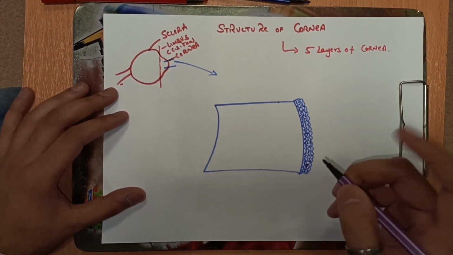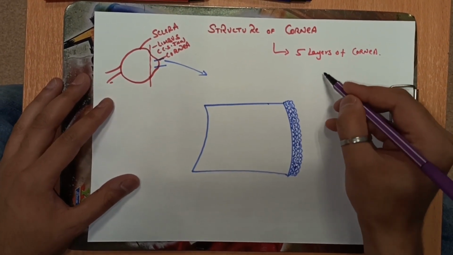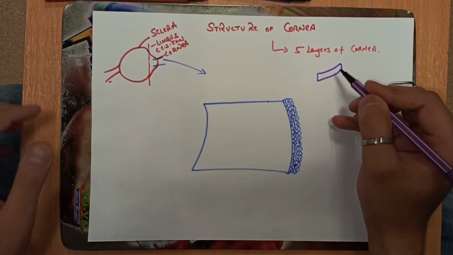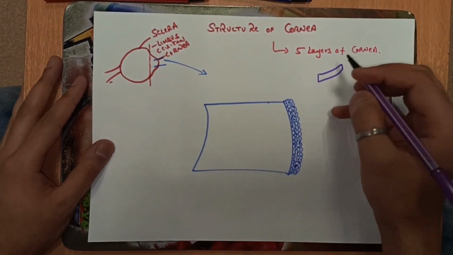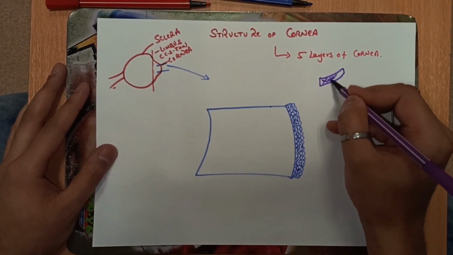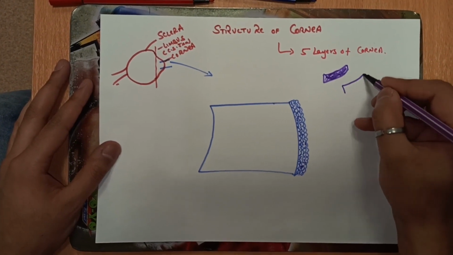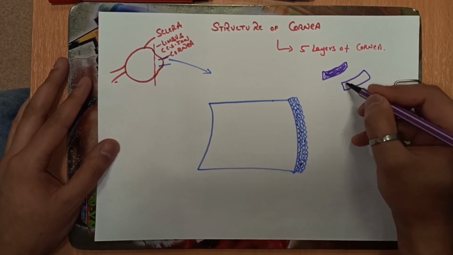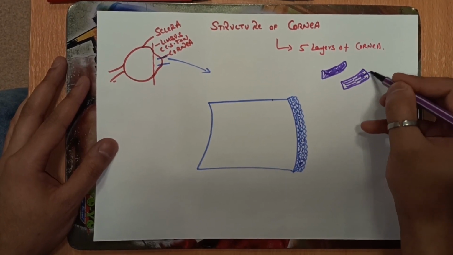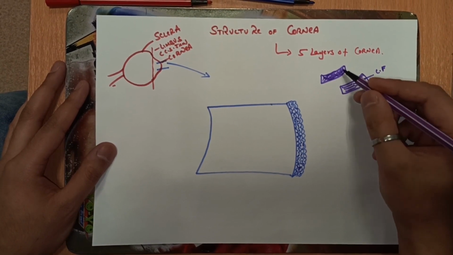One thing I would like to tell you, which I have already told you: in a cross section of sclera, why sclera is opaque and cornea is transparent depends on the distribution of the collagen fibers. In sclera the collagen fibers are not arranged thoroughly, whereas in cornea there is a longitudinal and very beautiful arrangement of the collagen fibers. That's why the cornea is transparent and sclera is opaque.